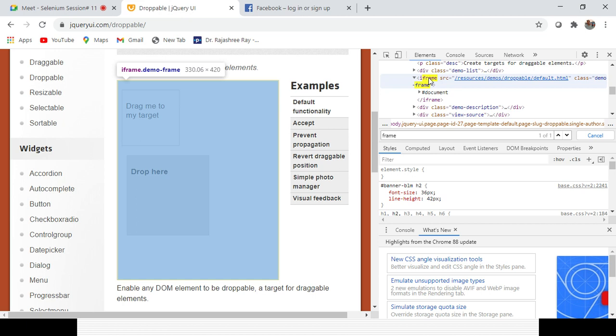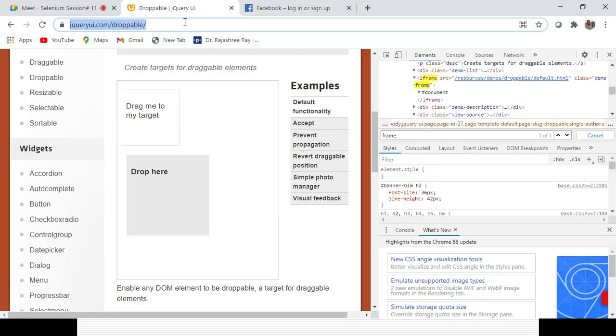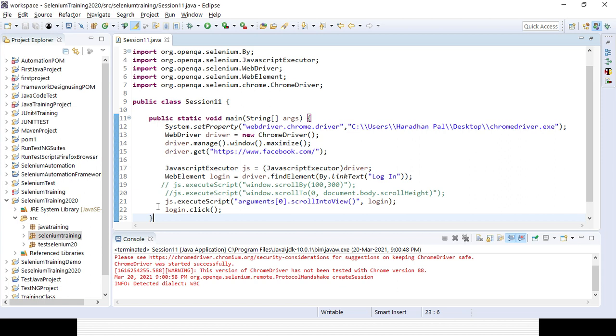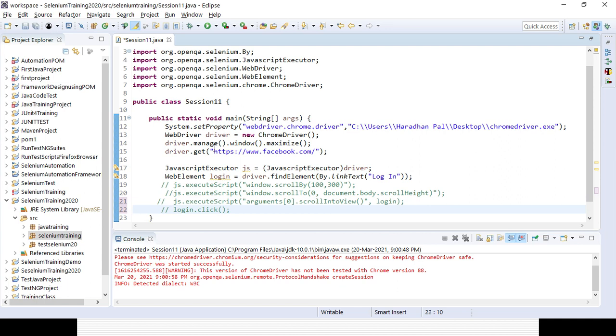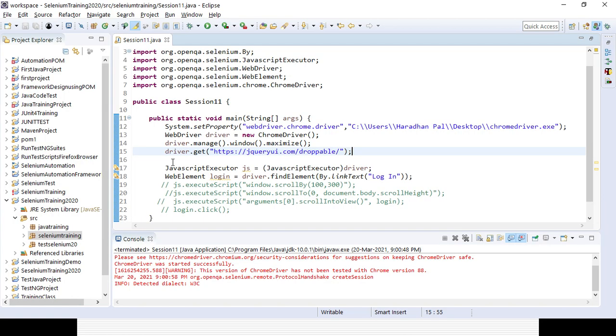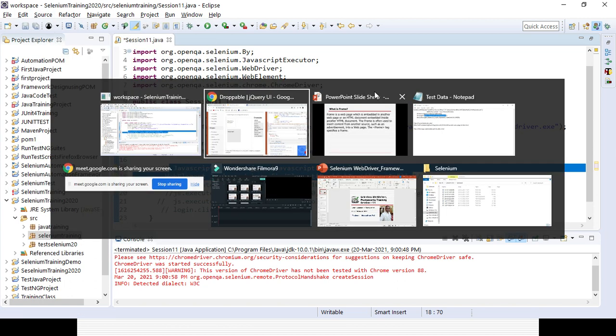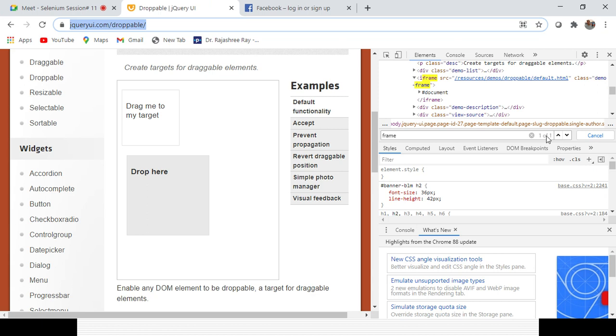And if you want to read it through code, I will definitely be passing the URL for this page. First I will pass this page here. Then I want to know through script how many frames are available. Here you can already see that if I search iframe, only one option is there, which means only one frame is there.